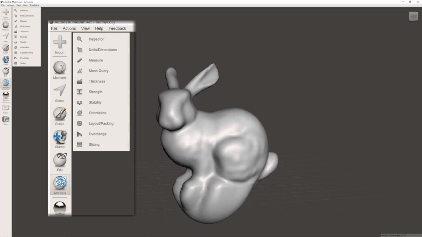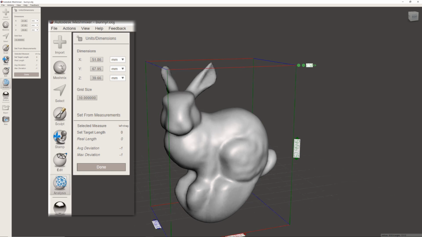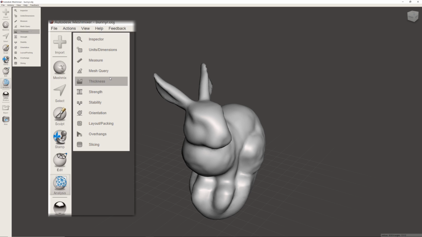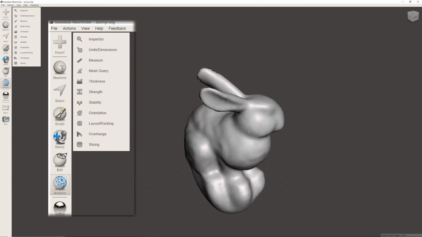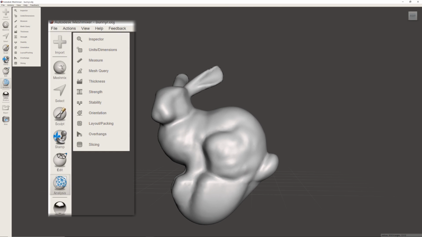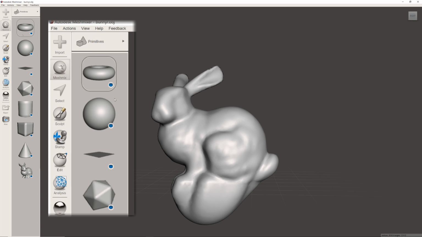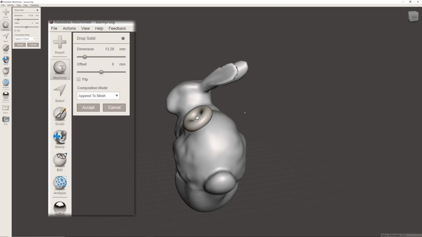So once we have a finished model, we can use all these tools to measure the dimensions as well, and calculate what's the best orientation and create support structures that might be needed for the model to print properly. Let's have a look how to actually sculpt and edit our meshes. So first of all, besides the bunny that we've imported, we can add different primitives. So we have, for example, this donut, and if we drag it on top of the mesh, it's gonna scale and align to it. So we can move it and place it